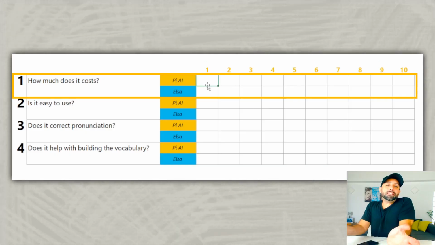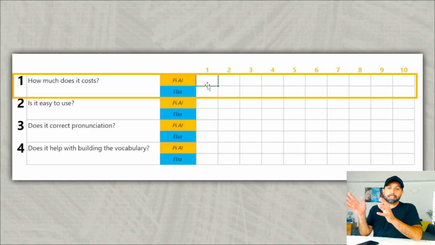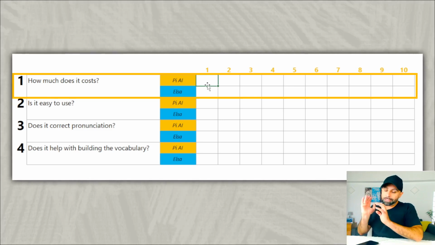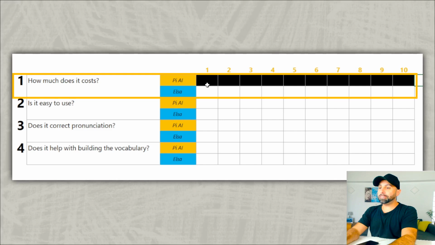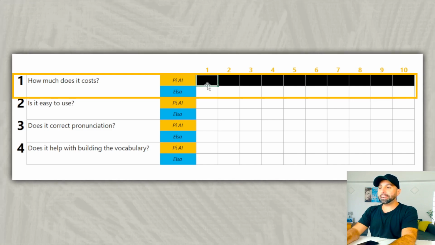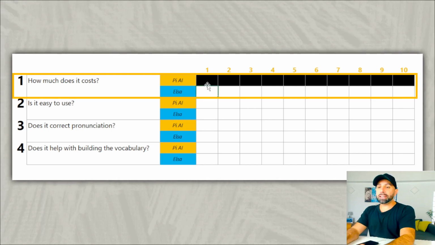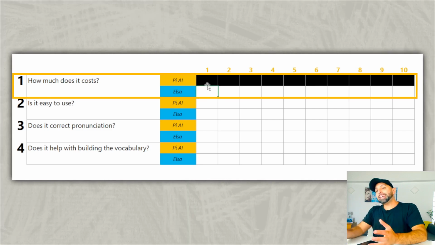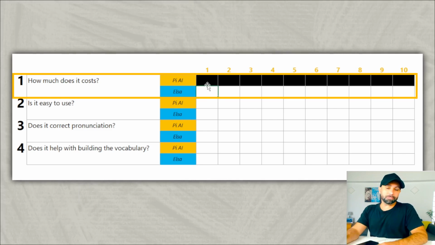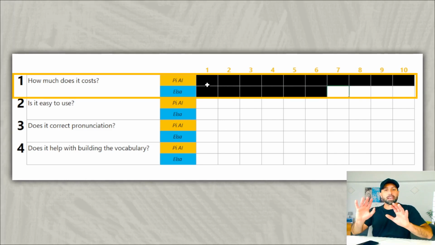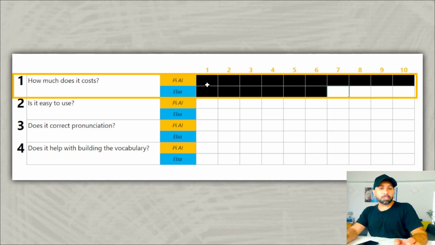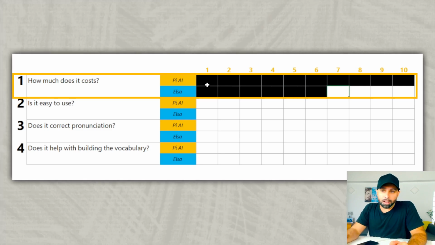Alright, so it's time to understand who wins this first round. We already know that Pi is for free. As soon as you download the app, you can start speaking straight away. So I'm gonna give 10 points to Pi for this. Thank you, Pi, for letting us use your app for free. Whereas Elsa, well, Elsa, you have to pay something for it. I'm gonna give it anyway a 6 because from the start, it looks professional and a pretty good help.